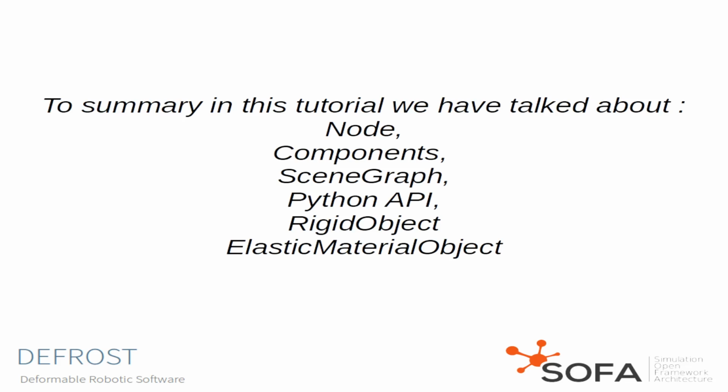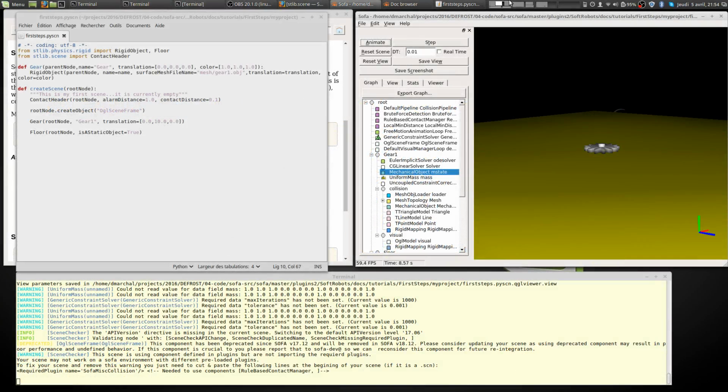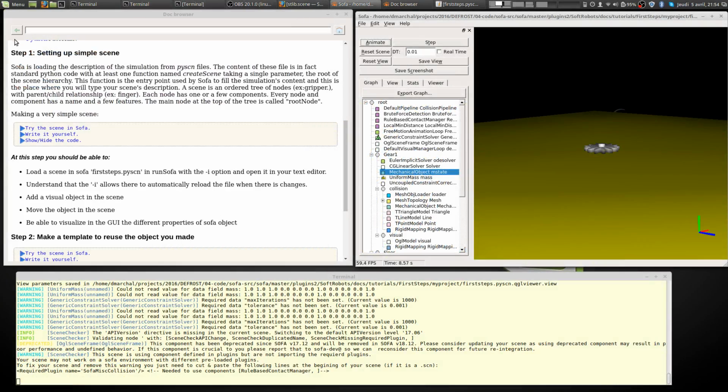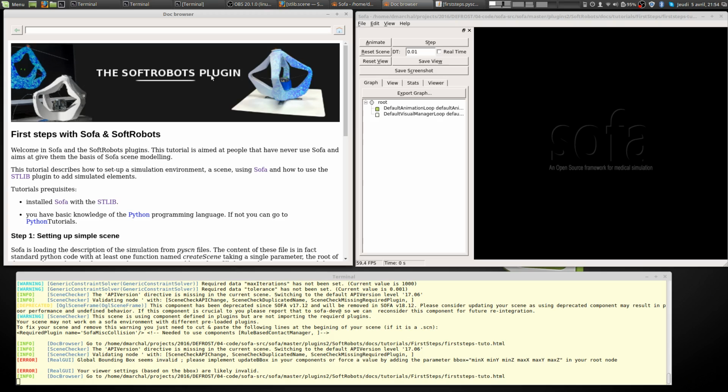I will just remind you where you can find them. Again, in the Sofa SoftRobot plugin main browser,